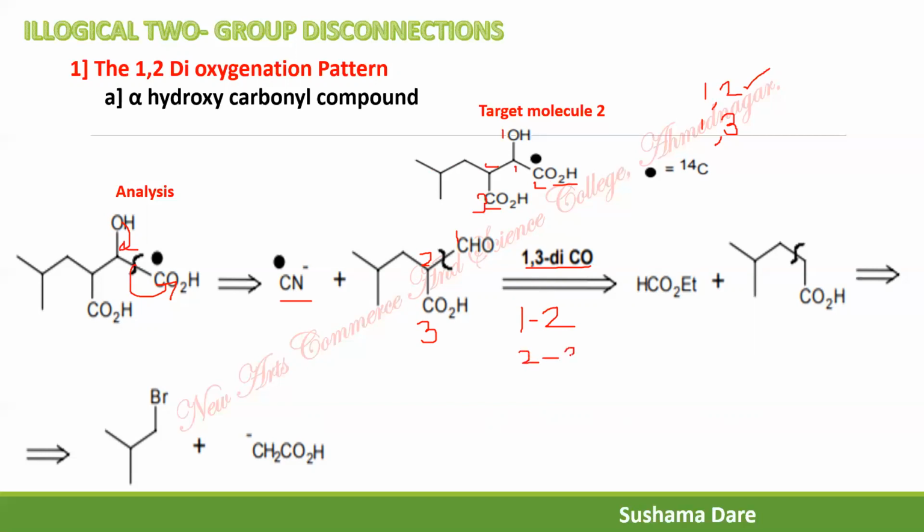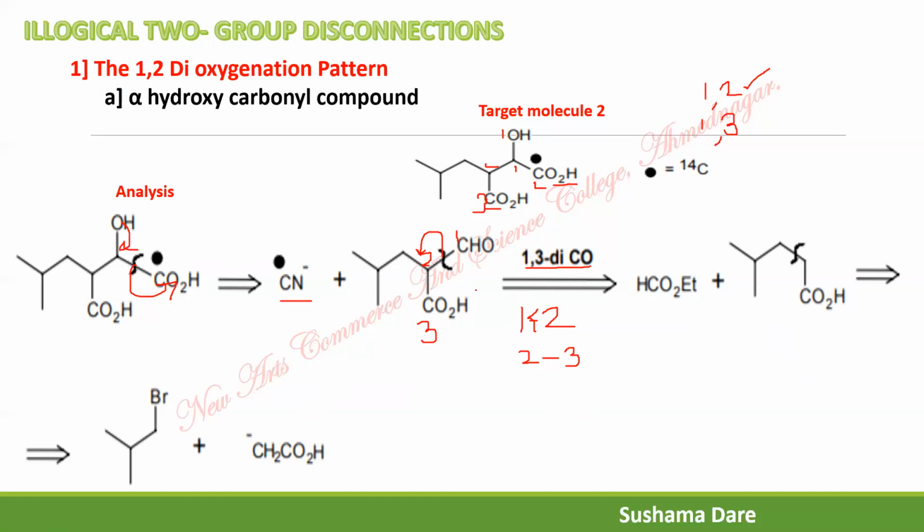So which is the best over here? Whether the 1,2 disconnection is best or the 2,3 disconnection is best. As the COH group is over here, that means you can go with the COEt group over here. That's why instead of disconnecting 2,3, the best disconnection is 1,2. So disconnect the 1,2 bond in the direction of, again, the alpha carbon. Which is the alpha carbon? Number 2 is the alpha carbon. So always remember the disconnection should always be in the direction of the alpha carbon.